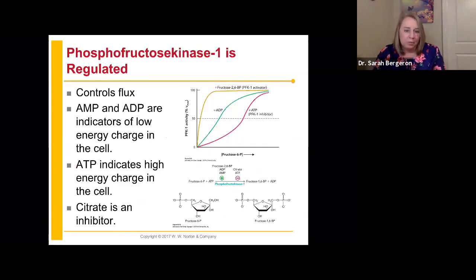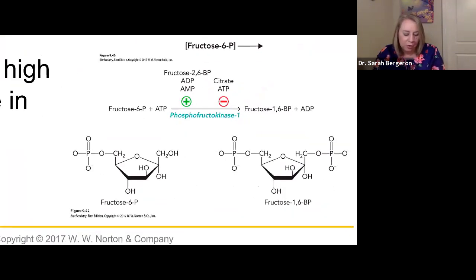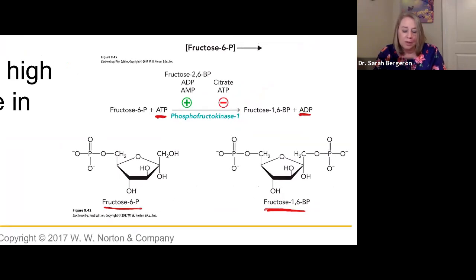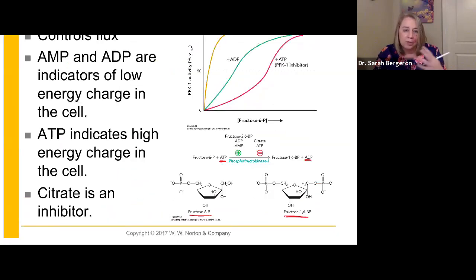So the first one we're going to talk about is phosphofructokinase 1, PFK1, right? So what does PFK1 do? PFK1 converts fructose 6-phosphate into fructose 1,6-bisphosphate. And this is a reaction that requires ATP. So you put ATP in, you get ADP out, right? So this is one of those enzymes that's going to regulate our flux within